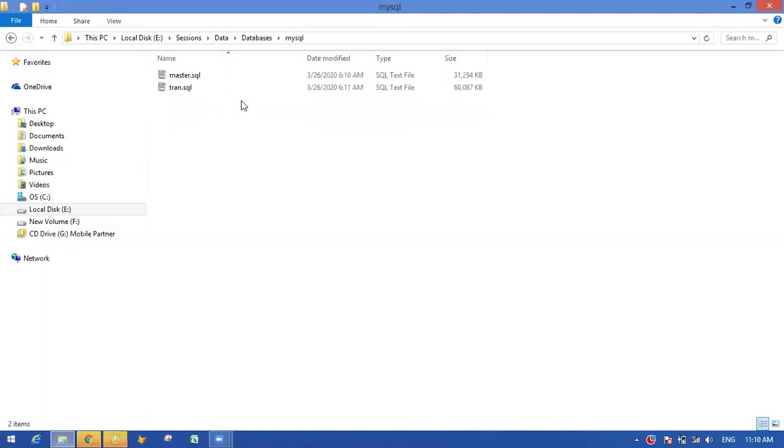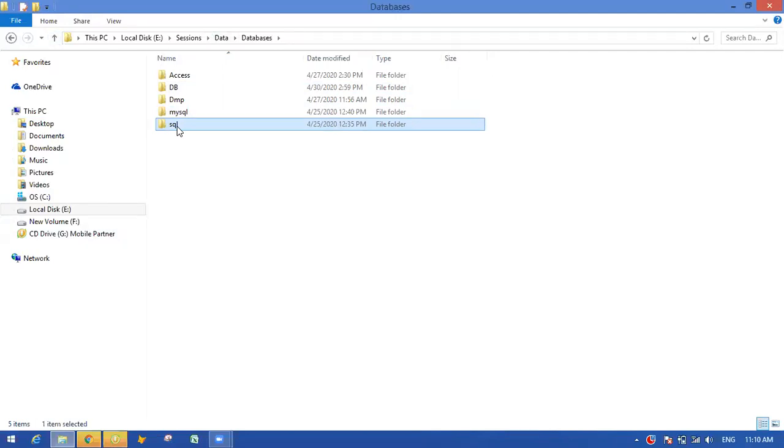Next, MySQL. If your backup format is .sql, then you must understand this is related to MySQL.